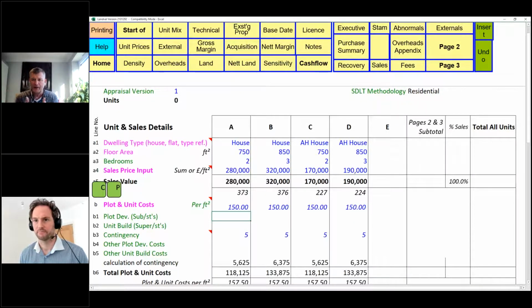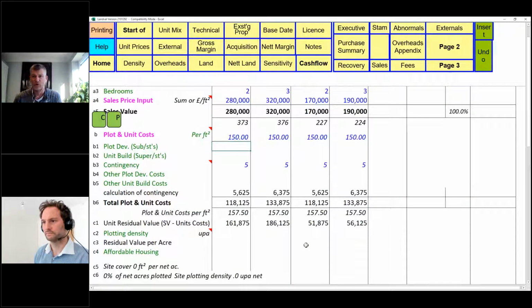If you're doing a quick back of the fag packet, you know what your costs are and roughly what it looked like, you put it all in here. So you can really layer it. It's up to you if you want to layer it or not. You can go into more detail and put a higher price in, because then you've done a lot of the work. You can see what we're calculating now. You've got your GDV. Nothing's been totaled because I haven't got a number of units in there yet.